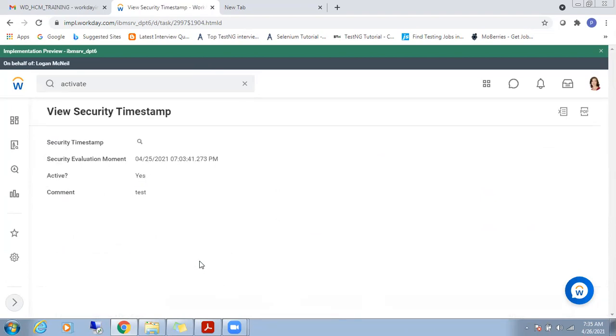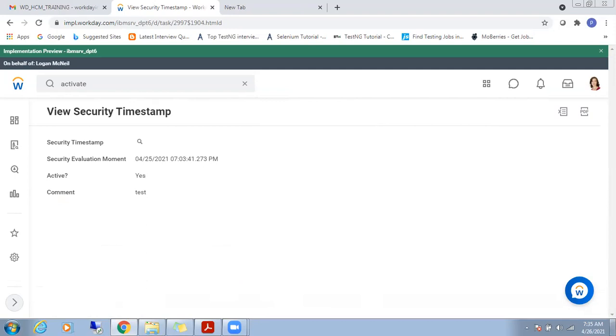The security group. So we are having two security groups, mainly domain security groups and business process security groups. If you want to look into the domain security, we use a task called domain security policies for function area, where we can click on give access to see what types of access are there, like view access and modify access, and we can see the integration permissions like get and put access.